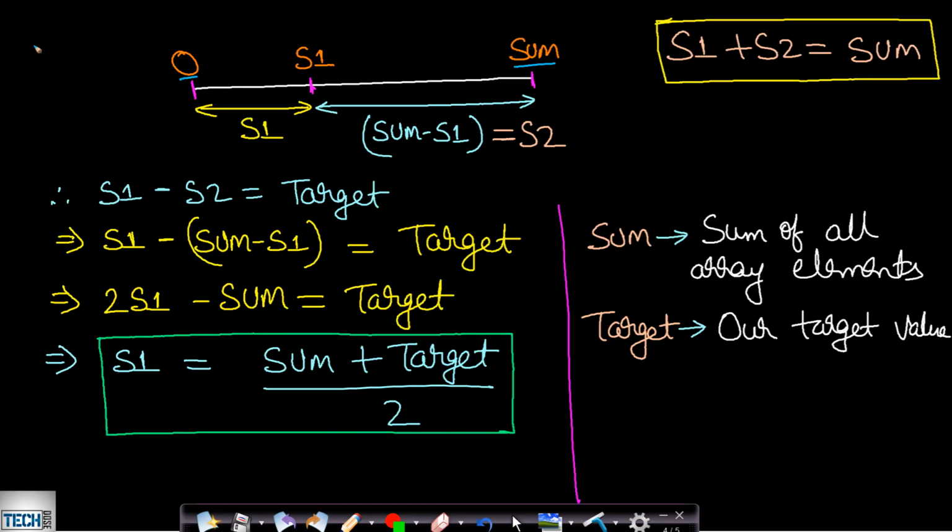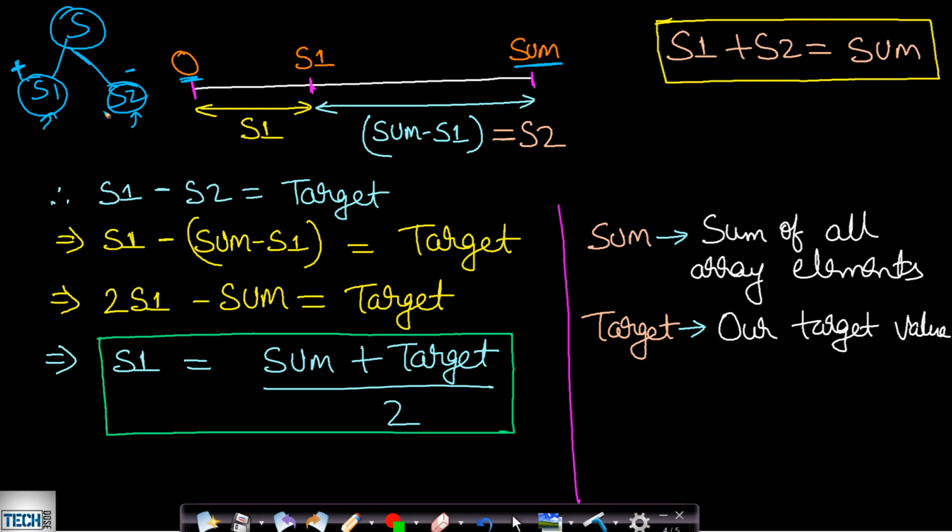Now in this problem, all the values which are given are positive, so the sum value of the numbers can range from 0 to sum. So if you are dividing a set into two parts, S1 and S2, and mind it, all the numbers in both of them are positive, only the sign of the set is varying. Let's say all the numbers here are positive and all the numbers here are negative, but inside the set all the numbers are having no sign. That means all are positive.